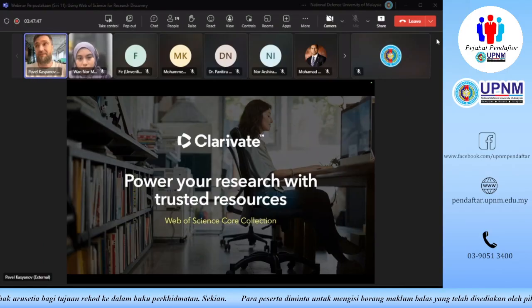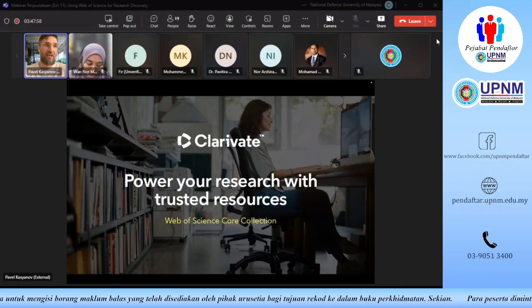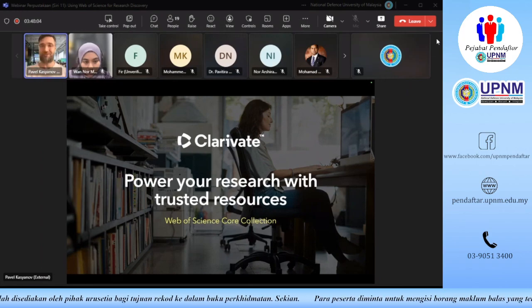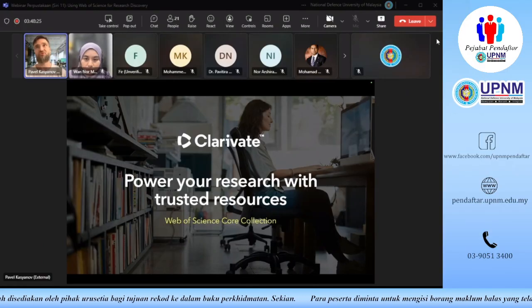But the most important part of today's session, and we're going to jump into that right after the slides, is that I'm going to show you the real-life interface of Web of Science, and we'll first of all run some searches. I'll show you everything that we're going to run through in the slides in the live interface too. And then I hope that for the last half an hour of our session, if you would like to see how a specific workflow is implemented with Web of Science, or you have any questions about how we can run a search, what we can see for that search and which observations we can make, I'm happy to do that.